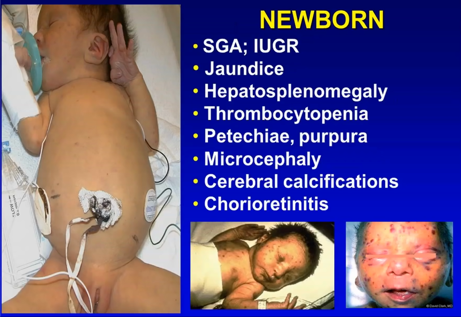In general, these are pictures of babies with so-called congenital infections. Many of them may be small for gestational age. They may have intrauterine growth restriction, often jaundice with direct hyperbilirubinemia. Hepatosplenomegaly is quite common in those babies who manifest signs of a congenital infection. Low platelets can lead to petechiae and purpura. As you can see in the bottom two pictures, these petechiae and palpable purpuric lesions